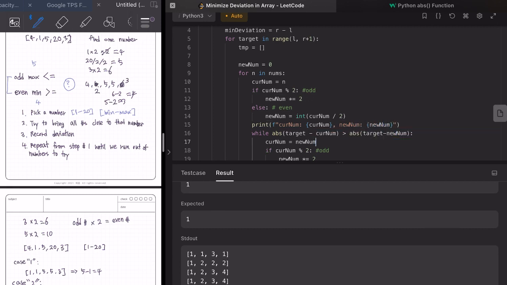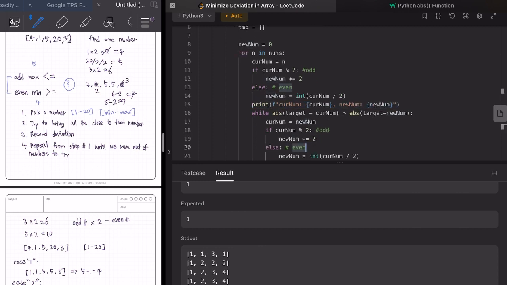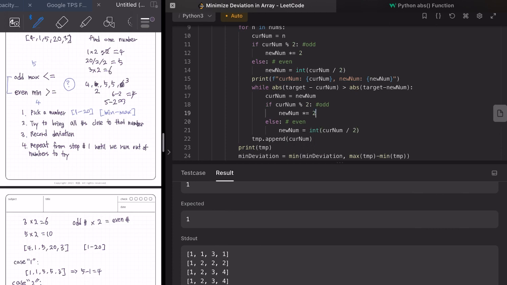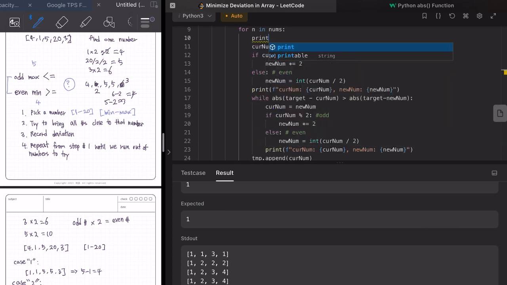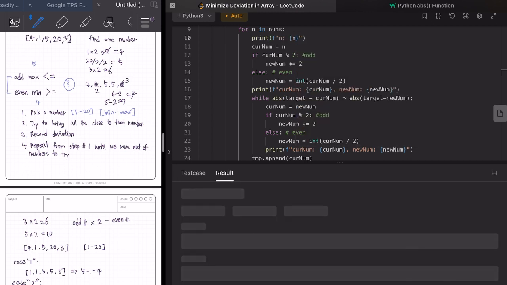Okay. And I'm gonna repeat this the same over here. And then I want to mark it as the start of the for loop here. So if we run it,